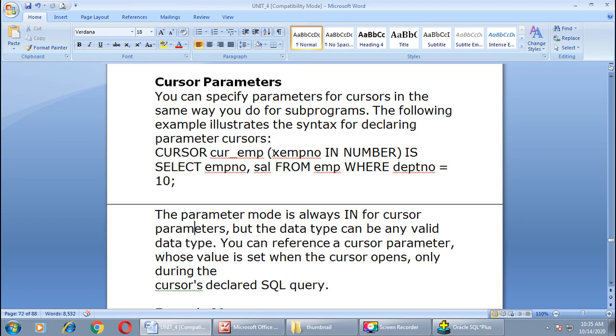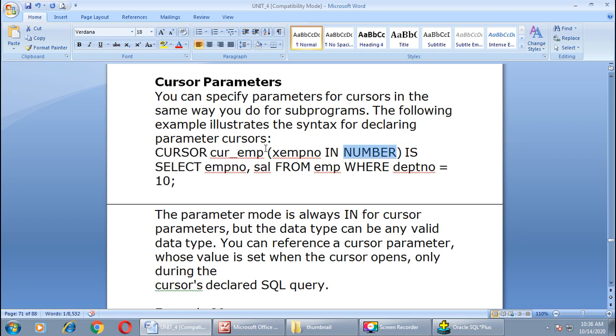All of you know about the parameters, right? That we can send a value with our function. Similarly here we can take a cursor parameter. The mode of this parameter is always in, but the data type can be any valid data type. As you can see here, I have taken a number data type. You can take any of the valid data types available in Oracle.